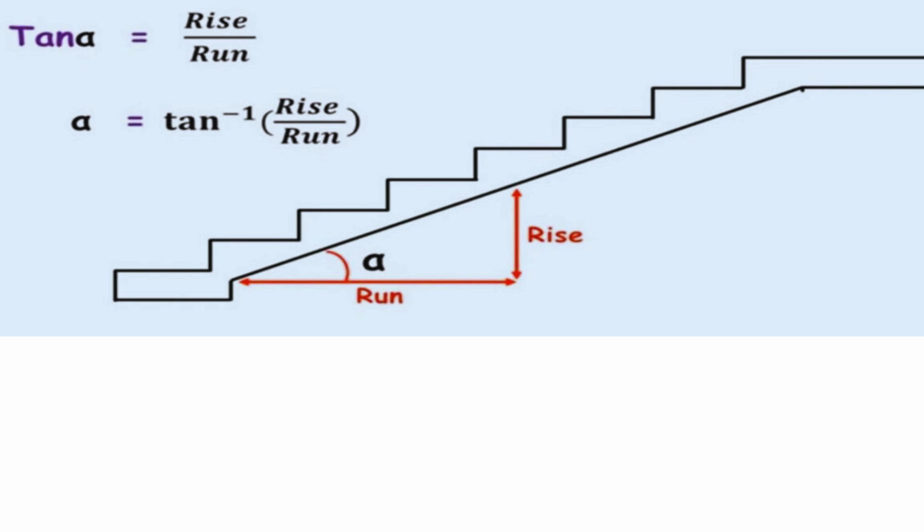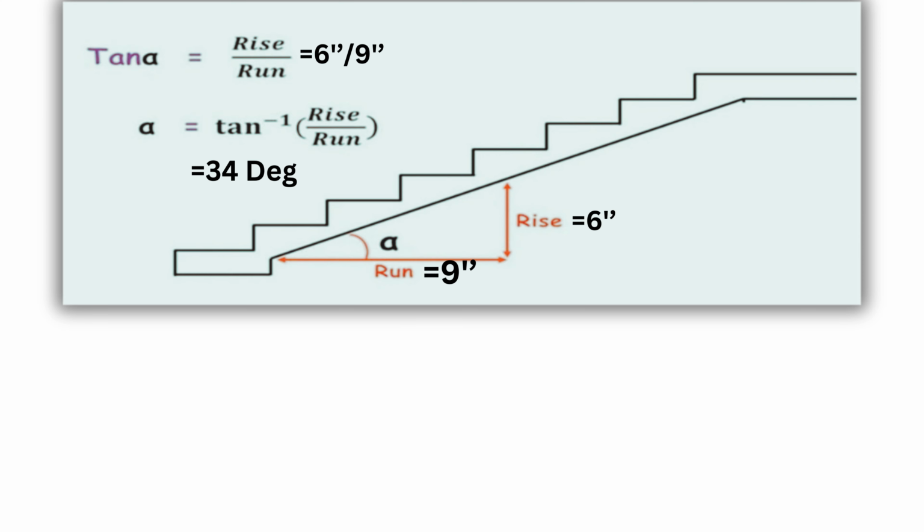But this procedure is very lengthy and time consuming. We use another method to calculate the slope of stair. In this case we will consider single step and will use tangent approach perpendicular divided by base. In this case perpendicular is riser and total run is base, so after solving this we get tangent theta 0.66 and from this calculation we get theta equal to tangent inverse of 0.66. From this we get angle theta of stair 34 degree.